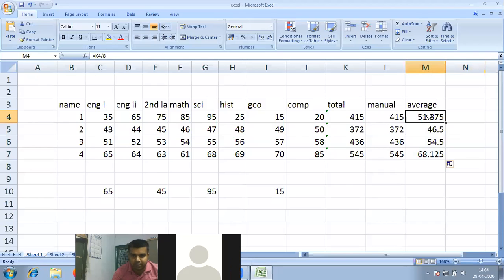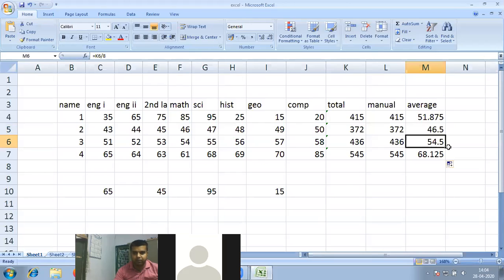Now if you see, K4 divided by 8, that is why we are getting 51.875, and in K4 the total is 415. Now if I click on this 46.5, see the cell address changes: K5 divided by 8. Why K5? Because in K5 you have 372. So 372 divided by 8 gives you 46.5.